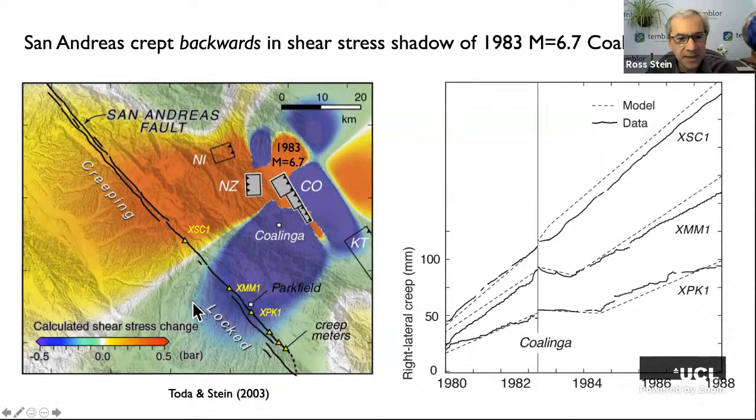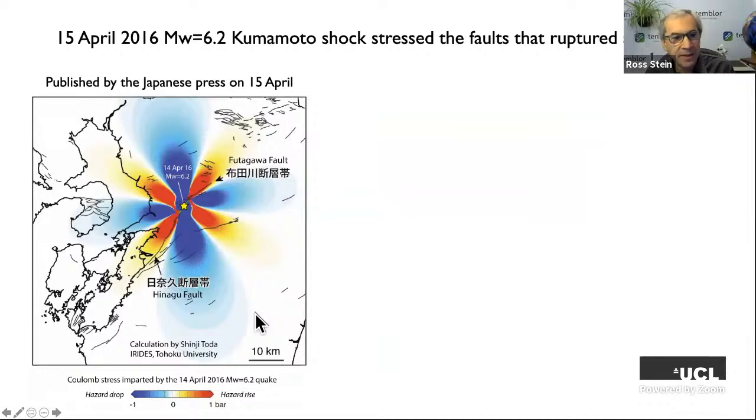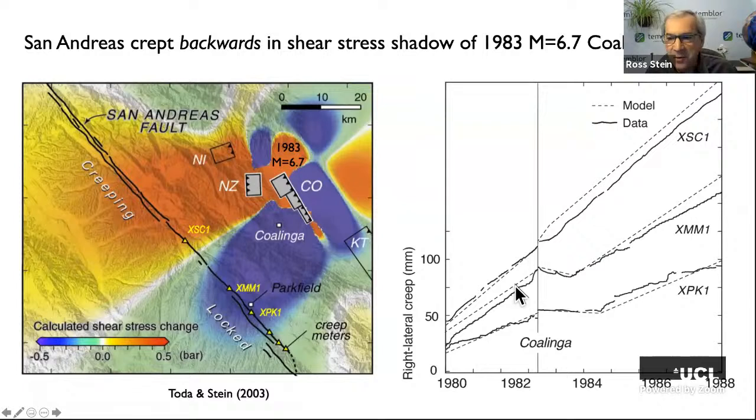And what you can see is that these 2 creep meter sites are in the center of the stress shadow lobe. This one is just on the edge of the trigger zone. Those are the only creep meters on the fault in this area. Okay, and look what happened. In this zone that gets hit by a stress shadow, the creep meter goes backwards, and it goes backwards for several years. And down here, it goes backwards for a little longer. And up here, it goes forwards.